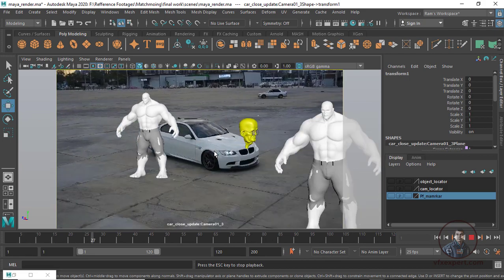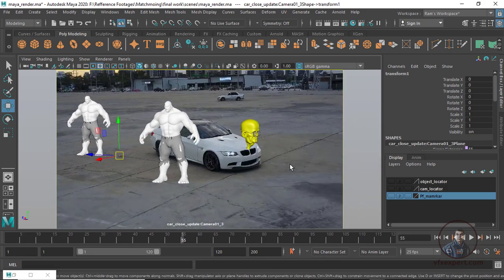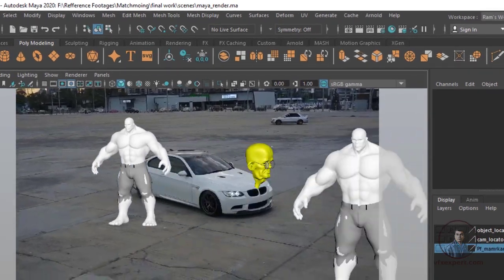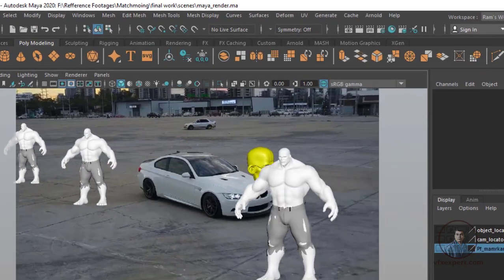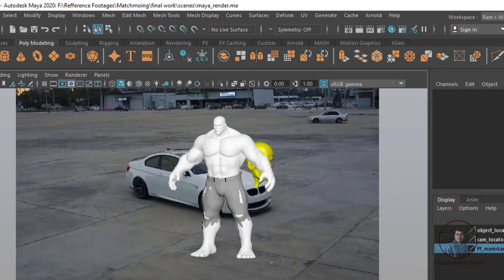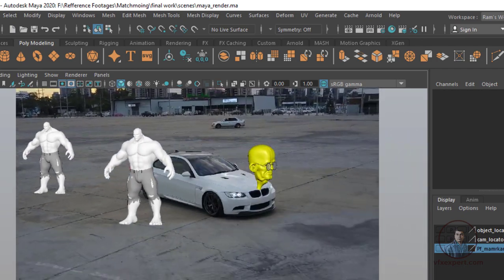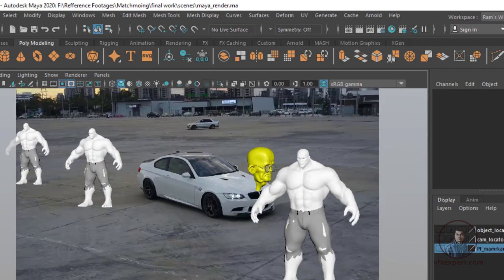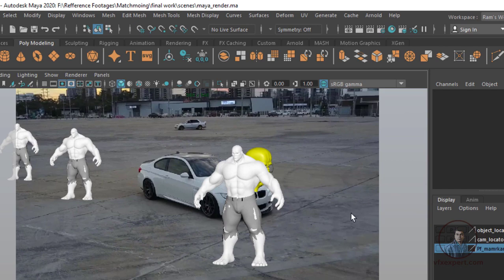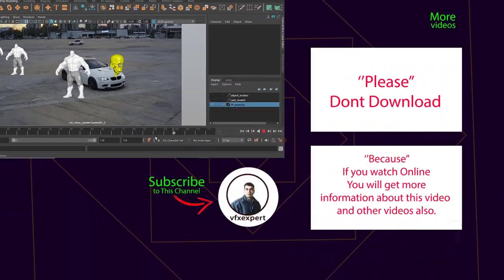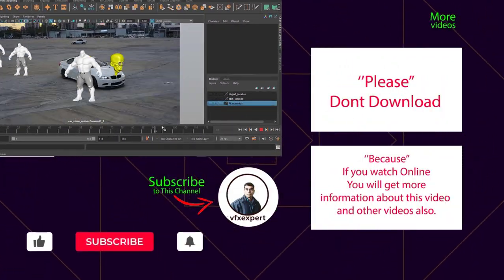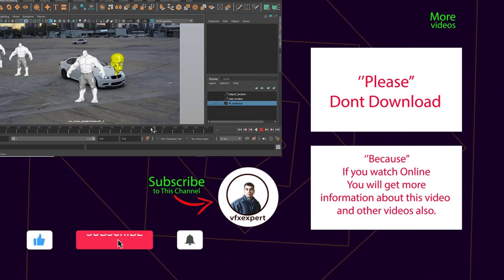This is perfect solution. Okay, now till here just save your project. Now press Ctrl S. Now just check. Now it's perfect. Okay, so till here we have successfully placed our geometry in our scene. Okay, so this is perfect solution. All objects are following perfectly according to your object motion or your camera motion.